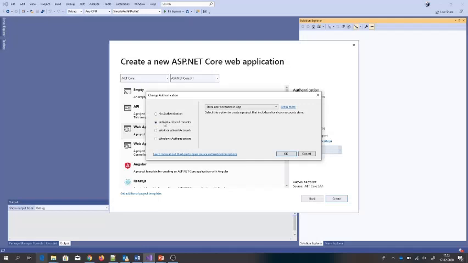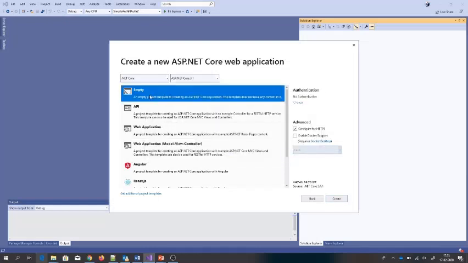when you use these templates, you get a default implementation. So first thing, you don't understand what this is, and second thing, you don't know what you can do with that. So you added those things, but you don't know how to use it later on in your application when you want to do something. You are stuck. So let's just create with no authentication,